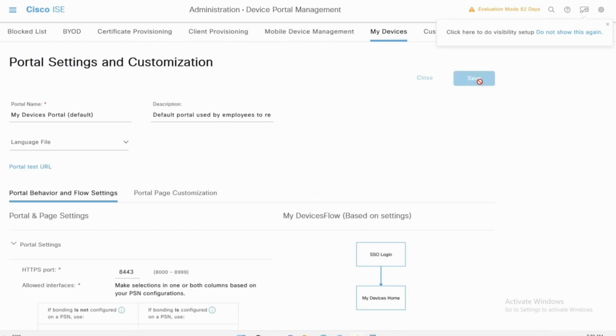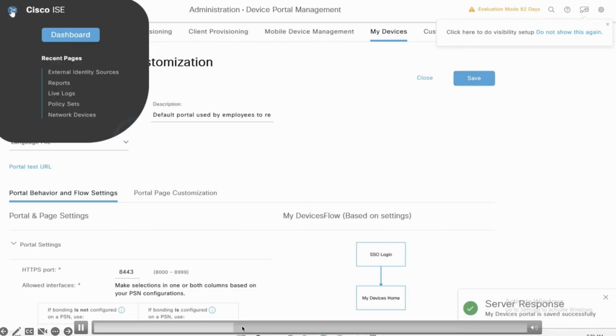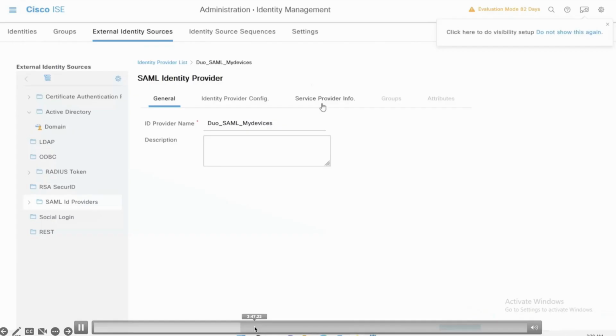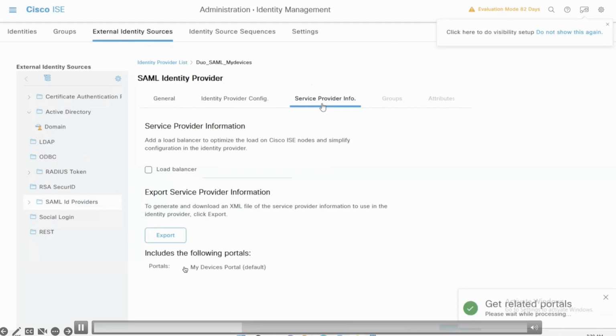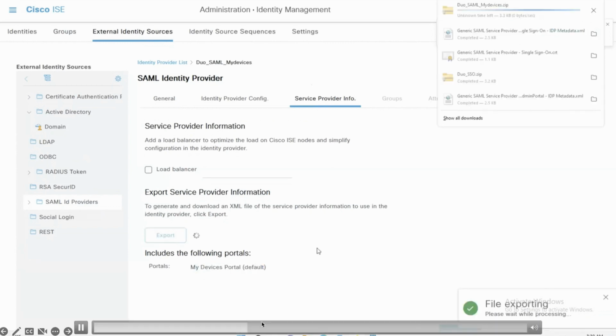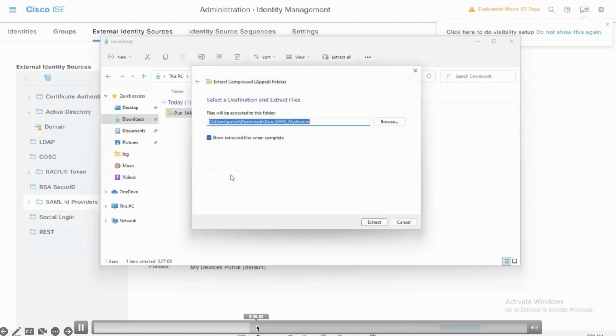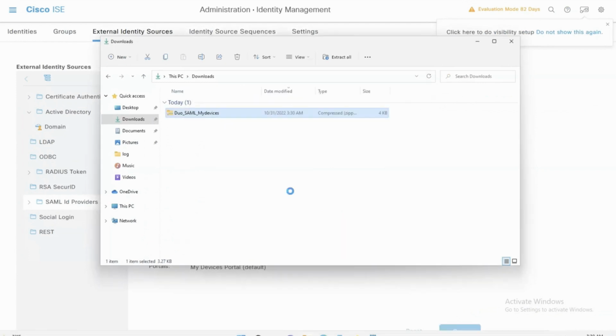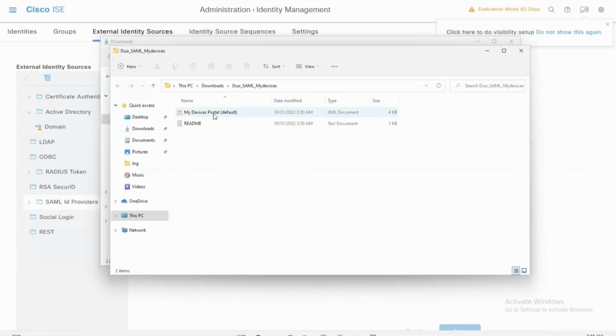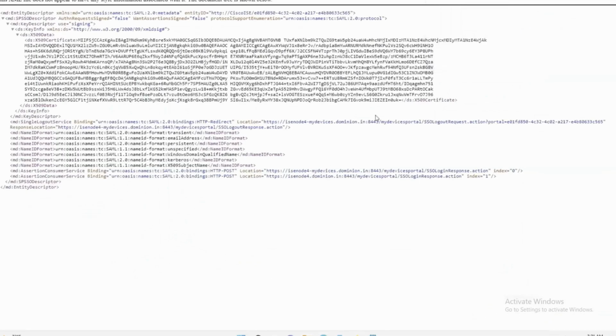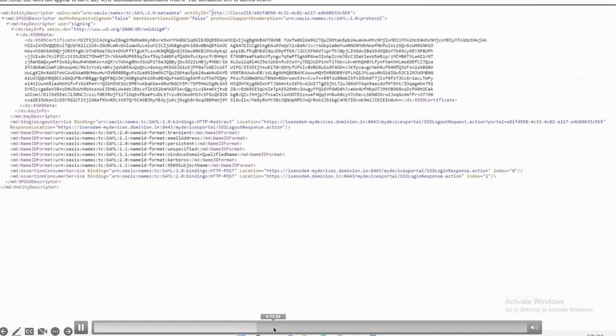Now this is not enough, right? You're supposed to actually export the metadata. Go to the service provider. Now that you have associated the MyDevices portal to this SAML IDP, you can export this XML file. What we are interested in, in this XML, is the entity ID, assertion URL, and the single sign-out URLs. So let's copy those URLs and let's go to the Duo admin